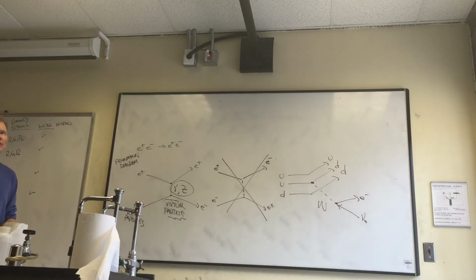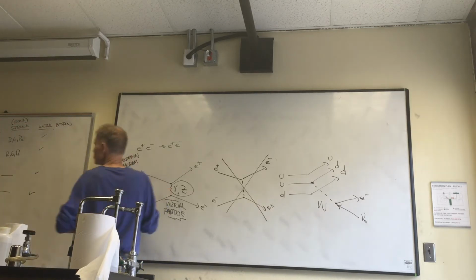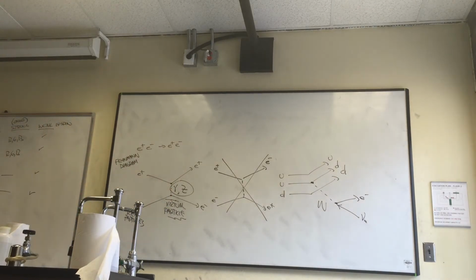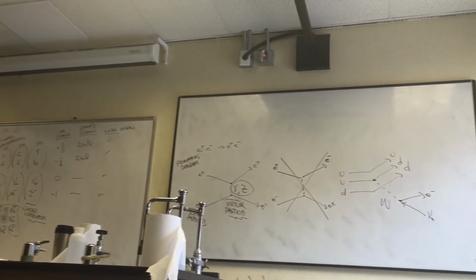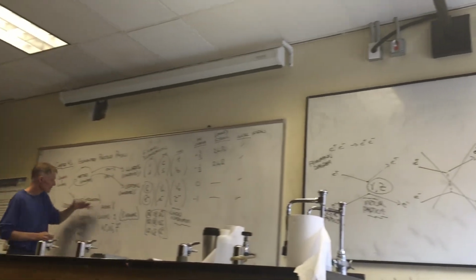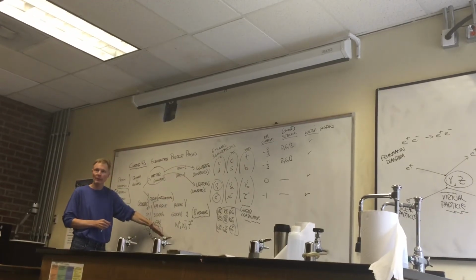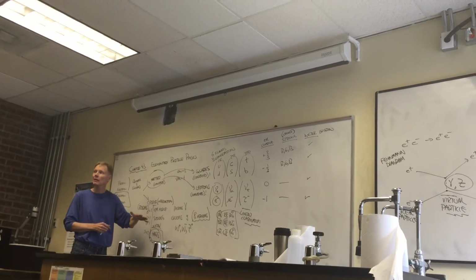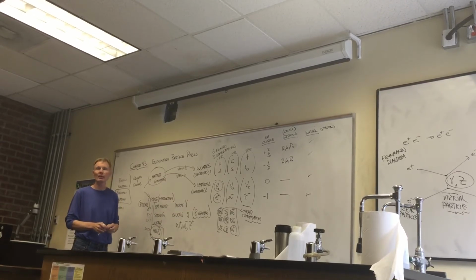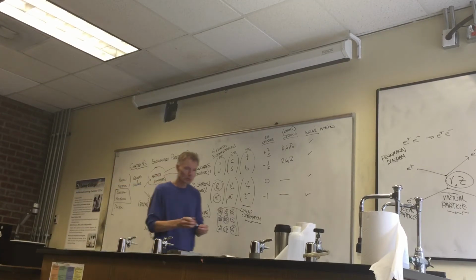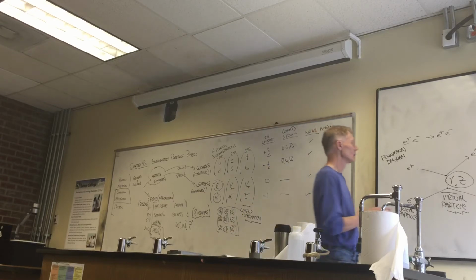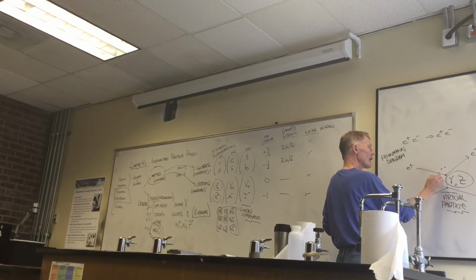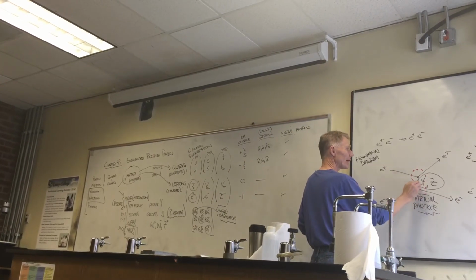So in particle physics, this is reality. Reality comes down to a list of quark flavors, a list of lepton flavors, a list of the fundamental forces and the particles that make them up, and then a list of which reaction vertexes are possible. So each one of these reaction vertexes that we look at,